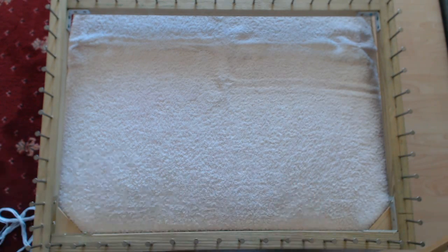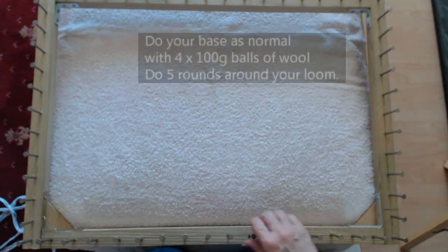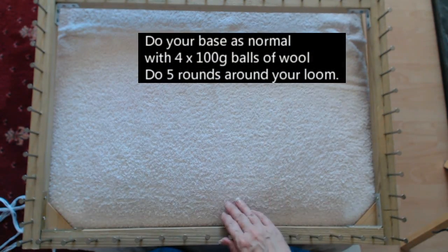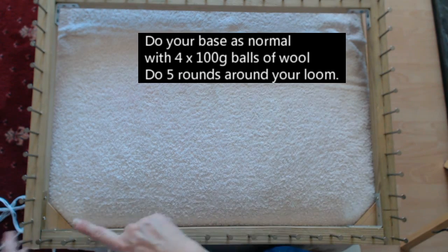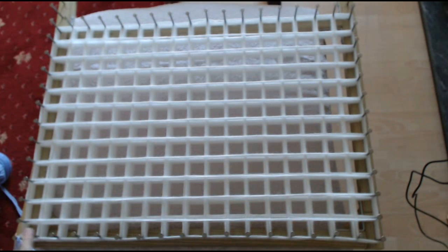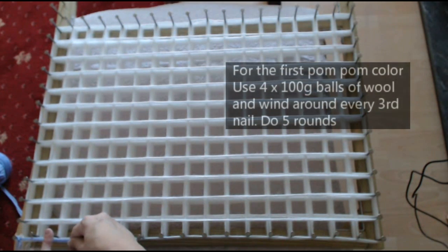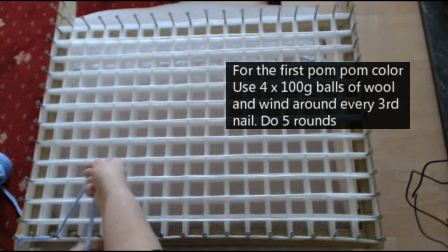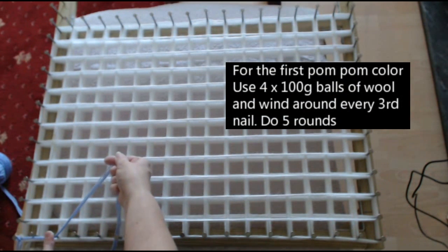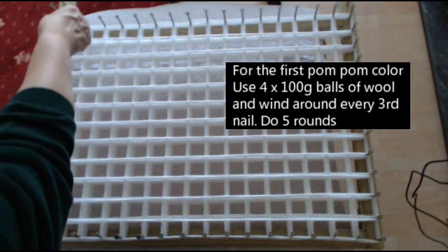Now I'm using my large turnover loom. So the base needs to be put on as usual. So that's 4 balls of wool and 5 times around the frame from where you tie it. Now we need to miss a nail and wind around a nail and then go up to the top. So you're going along to your third nail, then go up to the top,